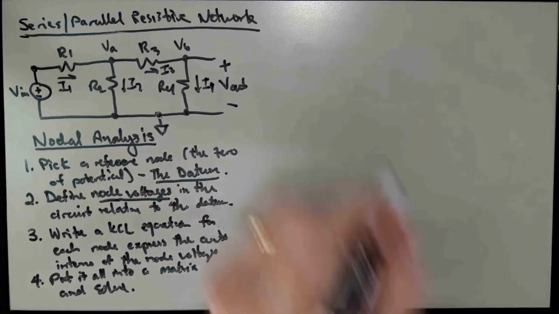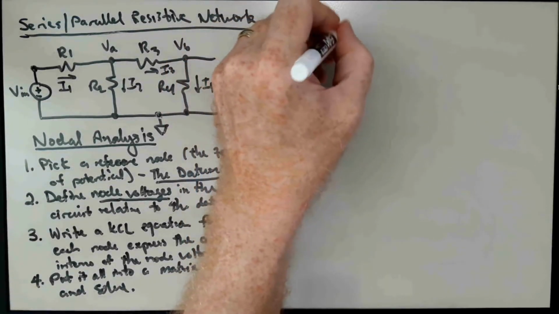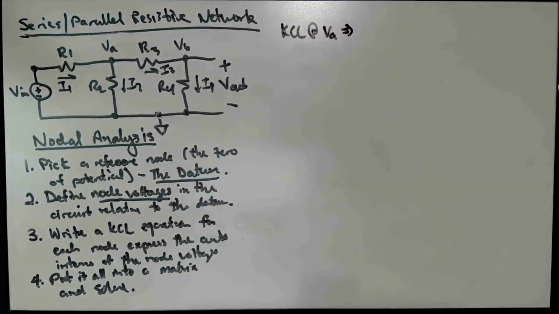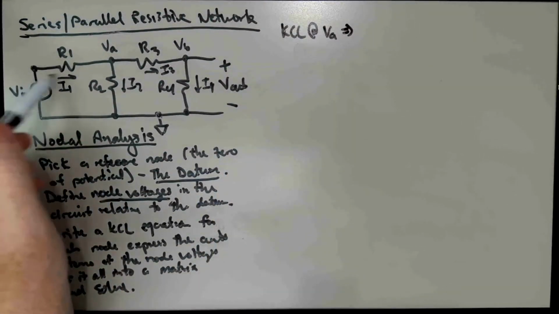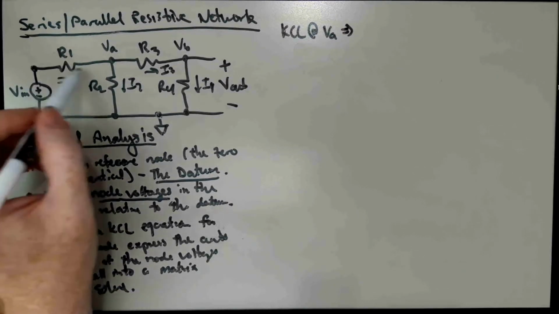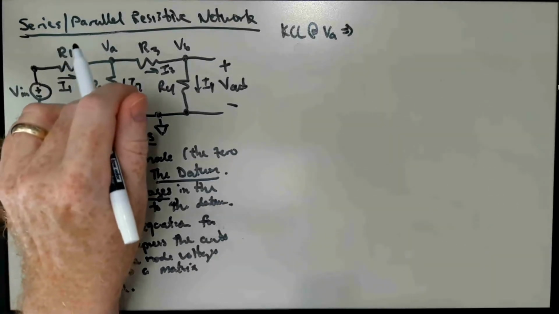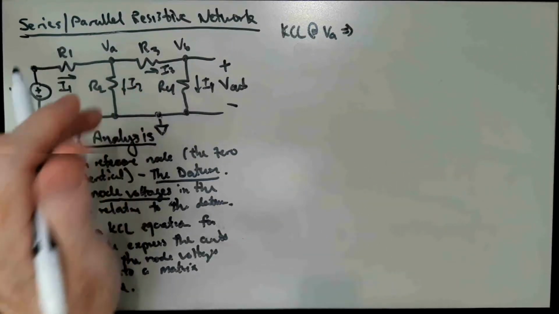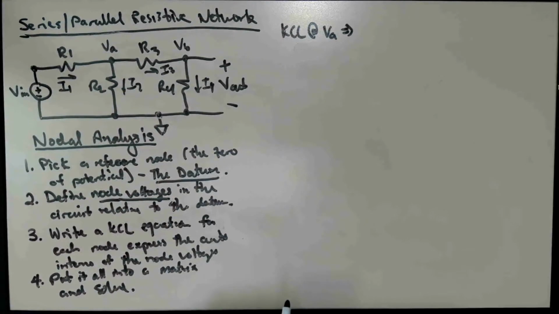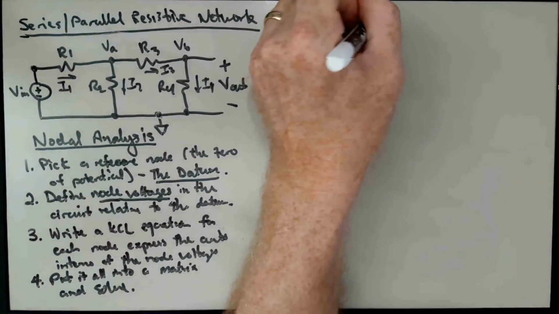And we could say KCL at VA tells us, given the way that we've set up these currents, that the sum of the currents flowing in, I1, is equal to the sum of the currents flowing out, which is I2 plus I3. Okay, so I1 we can express as Vn